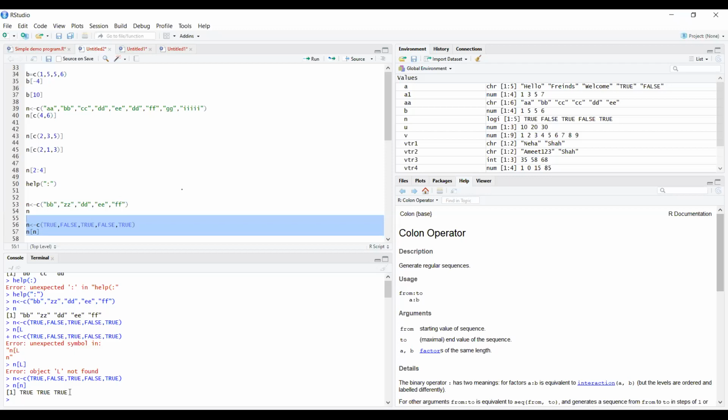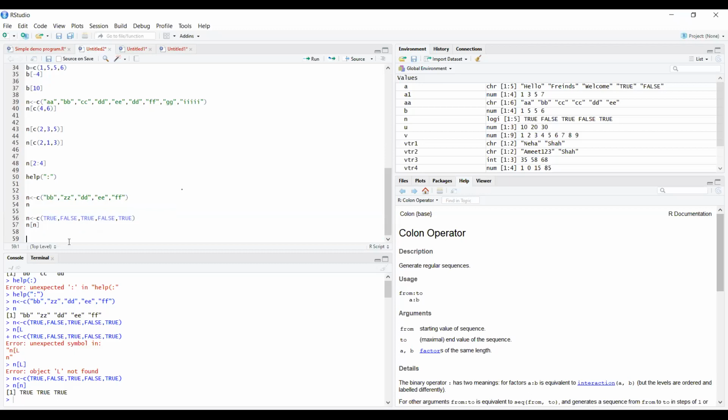Suppose you take n equals c in brackets: false, false, true, true, false, and if you want to retrieve a single value, you can simply use n to retrieve it. Okay, are you getting my points or not, guys?